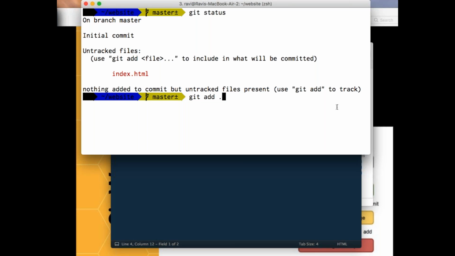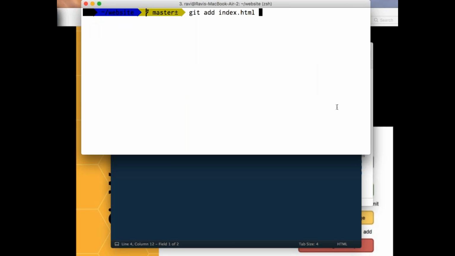Dot means everything in the current directory, right? That's it. If not, I'll simply say index.html. Now I'm adding index.html. Now if I say git status, that's the reason why git status is very important. I'm doing git status again. It will show the current status of my project right now.